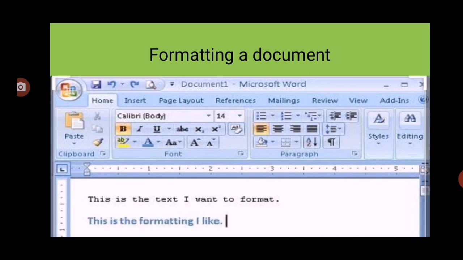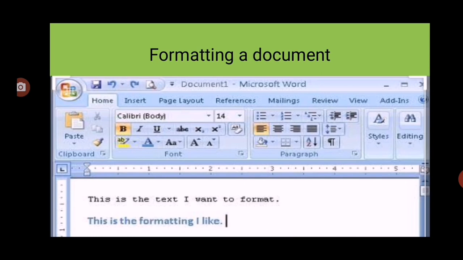If you want to make text bold, you can also use the shortcut key, Control plus B. Italic slants your content, Control plus I. If you want to underline your document, just use Control plus U. Superscript, subscript, strikethrough. If you want to change the color of your font, then go to the font color option. Background color can also be changed here.